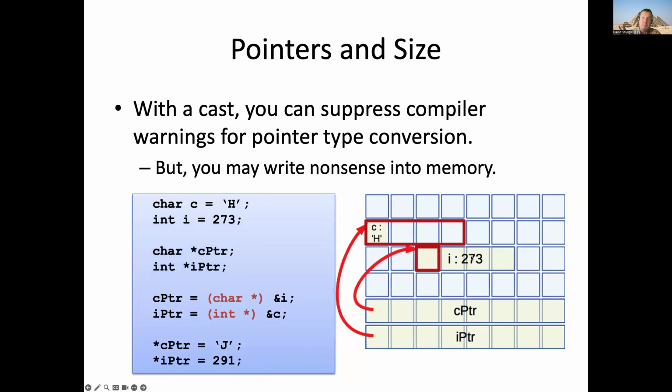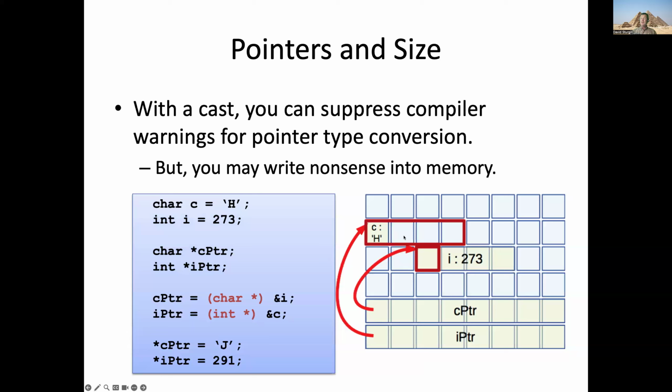If you're willing to typecast, you can change which pointer points to which type of value. And that's what I'm doing here. I set up everything like we did before, but then I get the address of I and store that in the char pointer. That required a cast, but I can do it. I get the address of a char and I store that in an int pointer, and then the same 2 lines of code. But the problem is when I follow this int pointer and change what's in the memory it